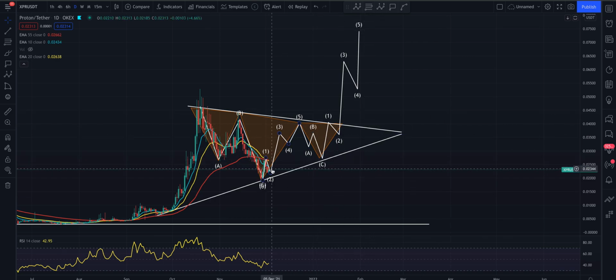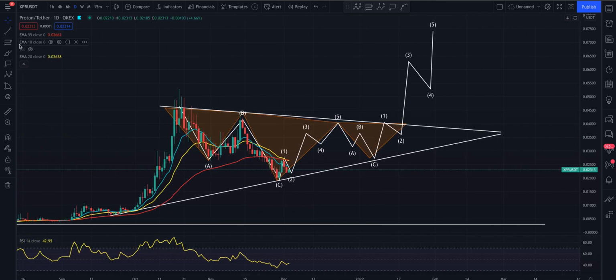So we're currently sitting at a current price of 0.02311. I'm hoping that this low that we had on the 29th of November, and we've had a bounce off, and we're coming back and creating a higher low. Let me just zoom in here. Let me show you what I think is going on currently with the price